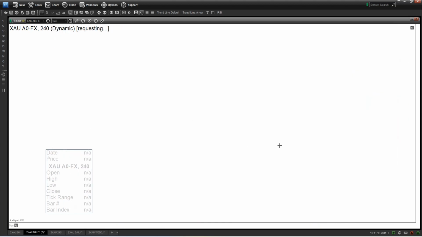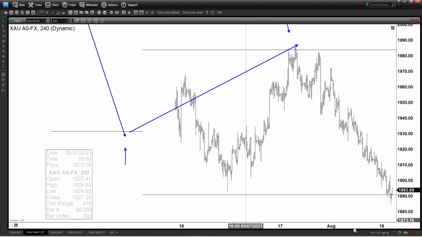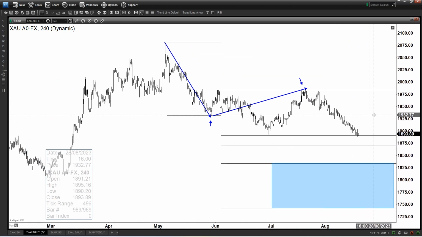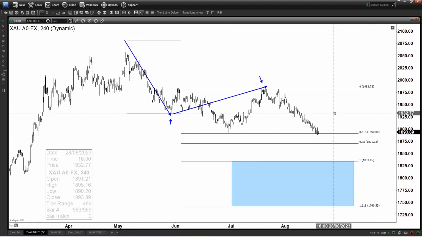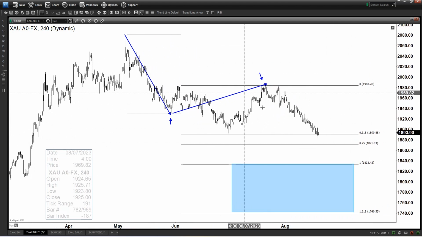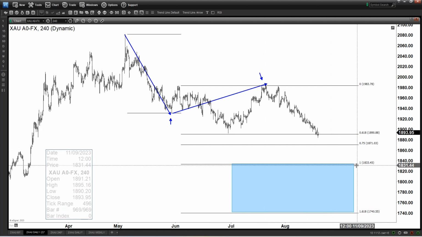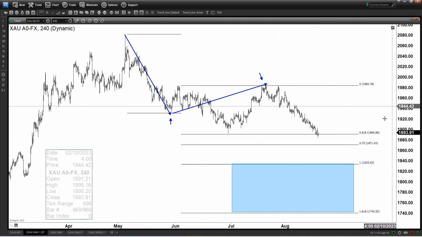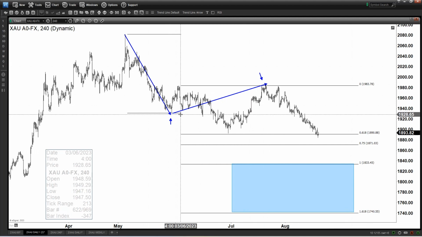So again, as you always remember, correction is technically weaker than the trend. So sometimes correction may fail to reach the intended minimum target and then reverse earlier because it is against the trend. But for now, the worst case scenario,